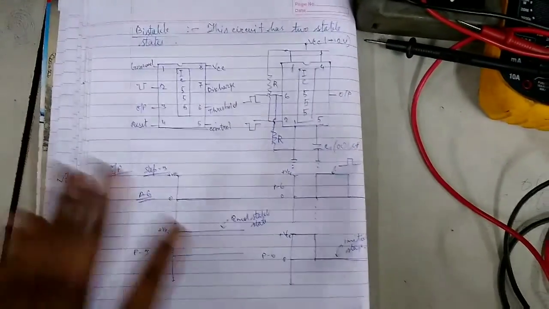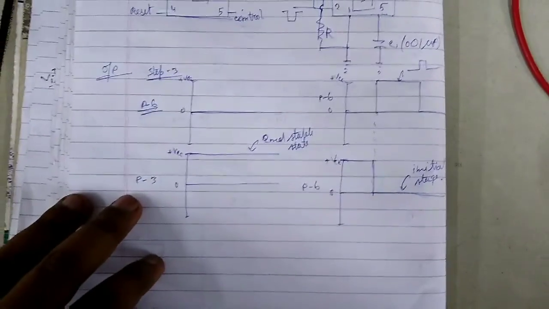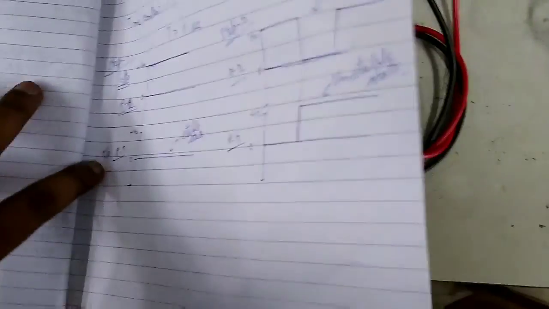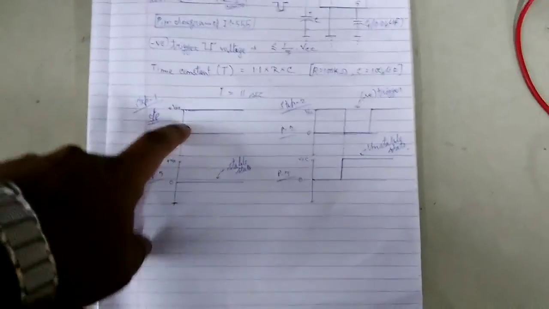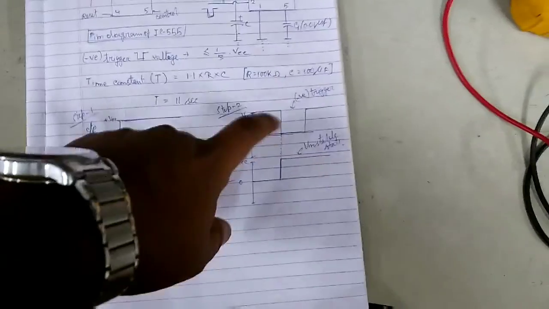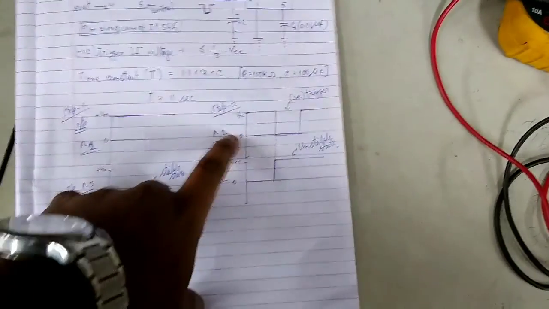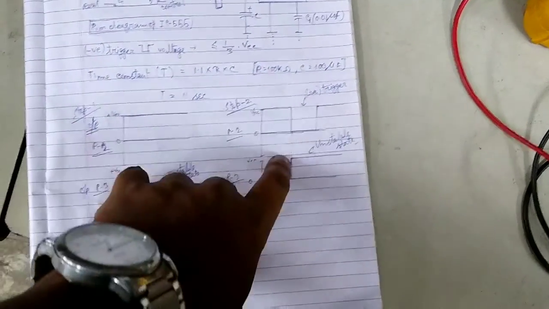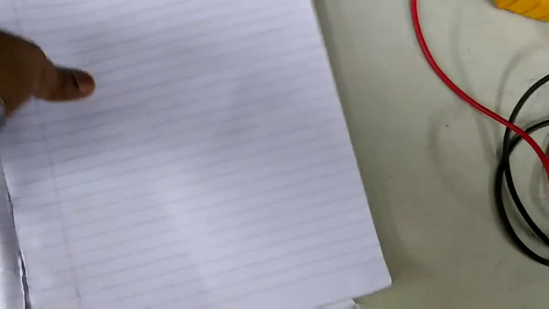So this is the output, and see, I have written here step 3. I'm starting from step 3 because the step 1 and step 2 is similar to the monostable multivibrator circuit. This is the negative triggering step. It is similar to bistable multivibrator also. So the step 2 of negative triggering step, when the circuit is negatively triggered, the output becomes high.